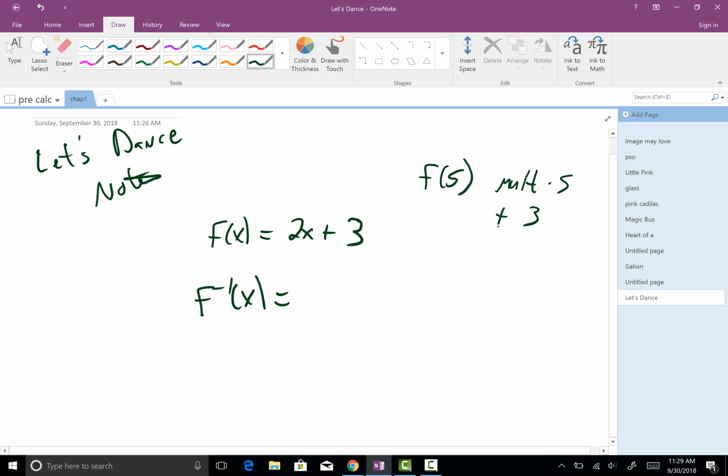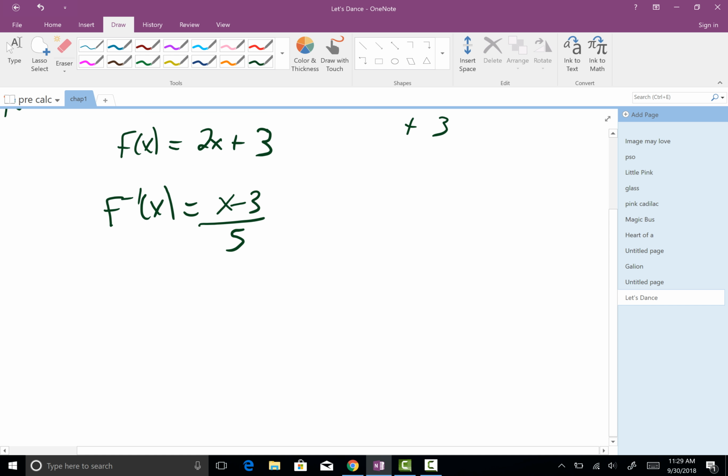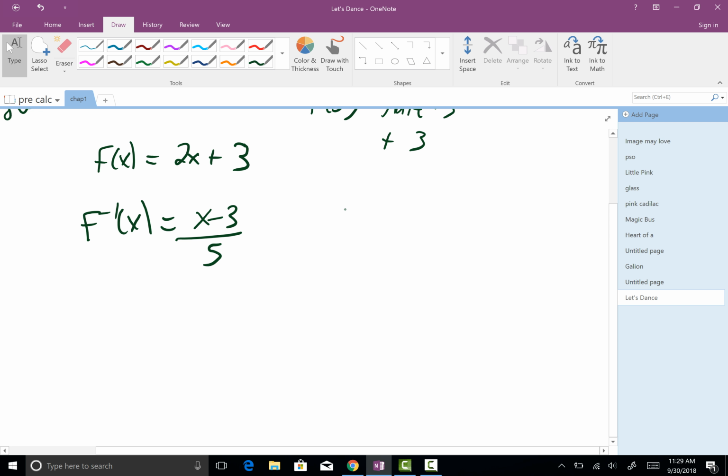So then for the inverse, we would take x, and we would subtract 3, because that's the last thing we did here, and then divide by 5, right? And that works in pretty simplified cases, but there are definitely some where that's just not going to work very well for us. So if we wanted to do it in a different way, like you were shown last year,